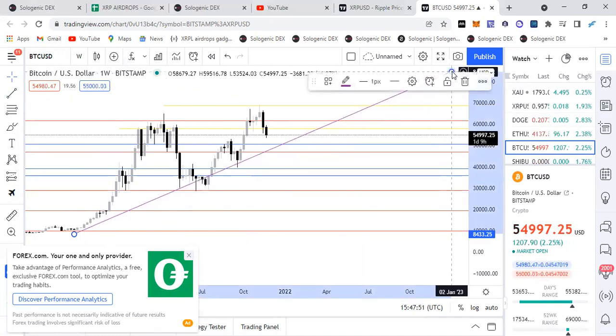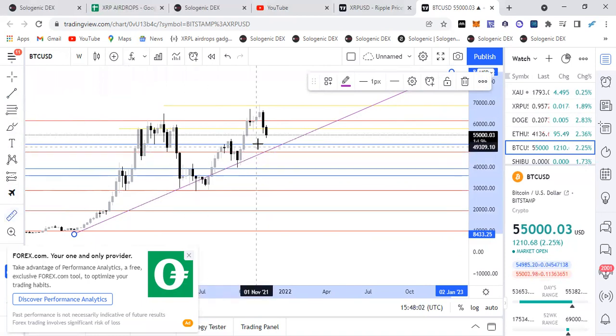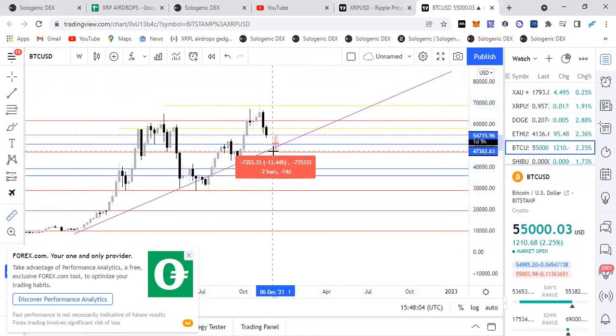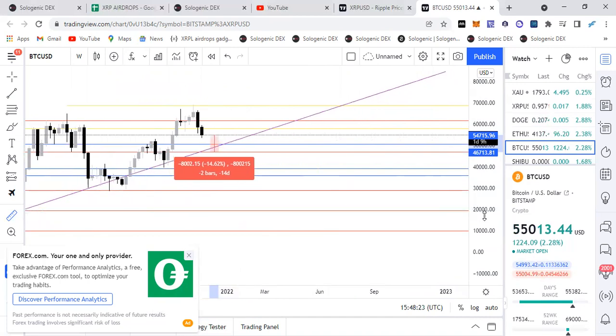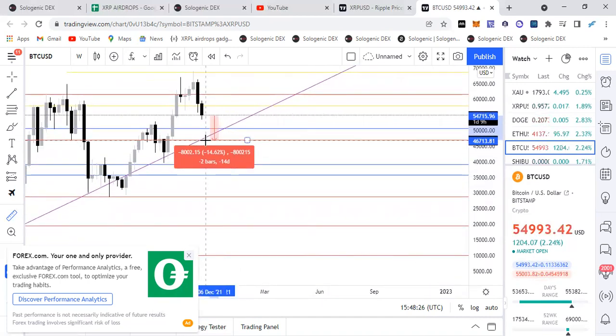I'm going to kind of go right with this one because it touches right here, comes back, touches right there, gives us enough room to see how much of a drop we could see. So to our next monthly resistance level, which is more critical than our weekly, which is my blue line. Weekly is my blue line and red is my monthly. I can see a 14% dip on the bad side of this to a monthly support level